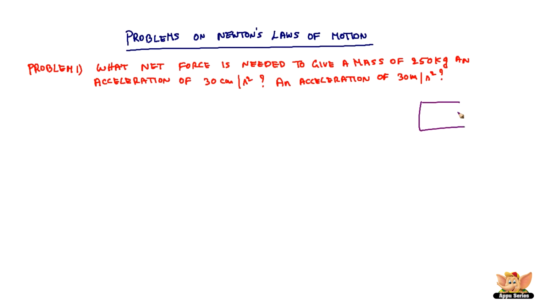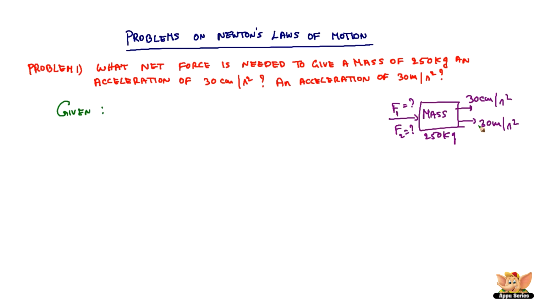So it means there is a mass which weighs 250 kg and a force is applied. If the mass is moving at 30 centimeter per second square, what is the force? And if it is moving at 30 meter per second square, what is the force? So we need to find F1 and F2. The given data in this problem is